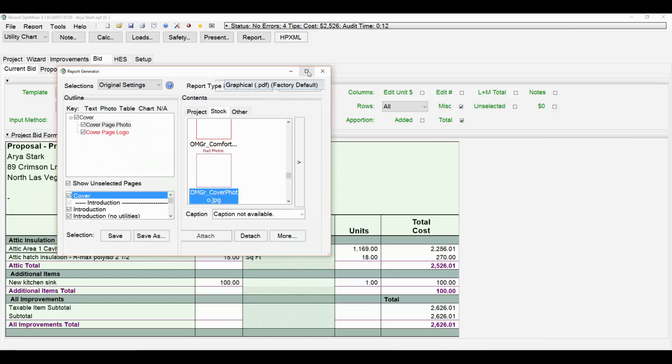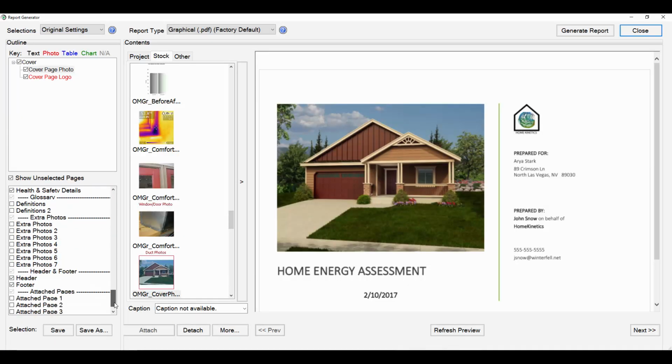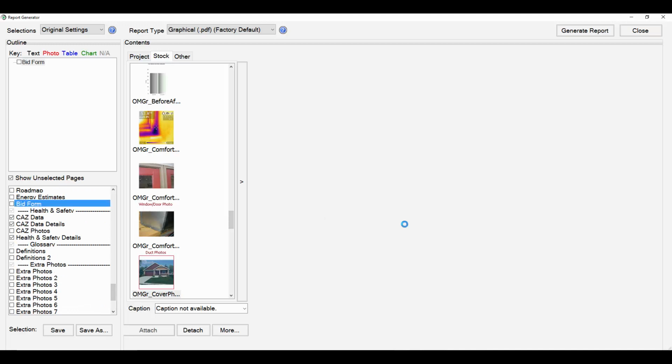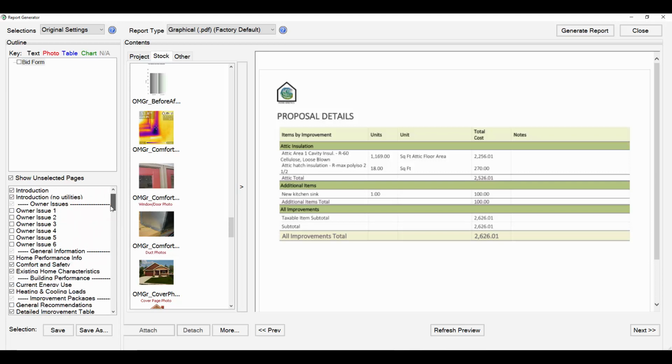Here in the PDF report, way down at the bottom, there's a page called the bid form. So you can select to include this. It's titled Proposal Details here in the homeowner report. You can include this or not, and it goes into detail and it adds everything that you included on that bid form will be printed in here. So in that way, again, you can go and flesh out these bids as much as you want. And that's as opposed to the